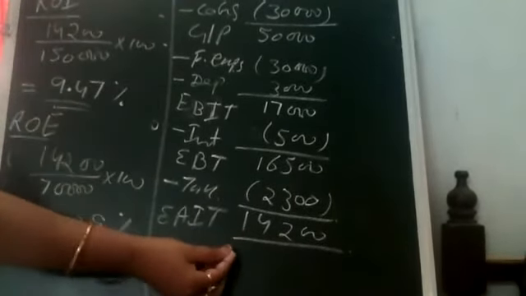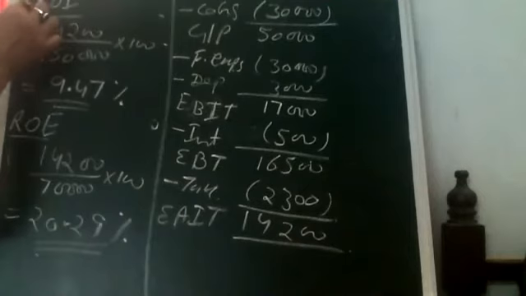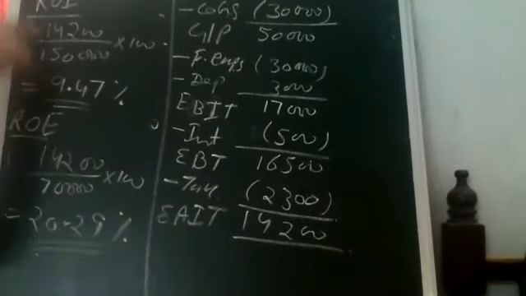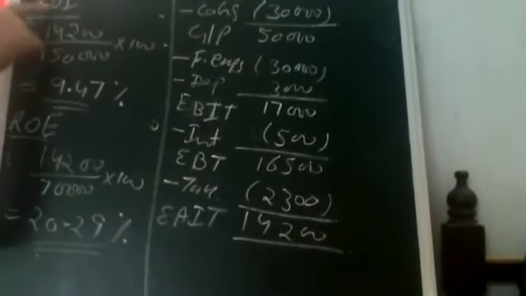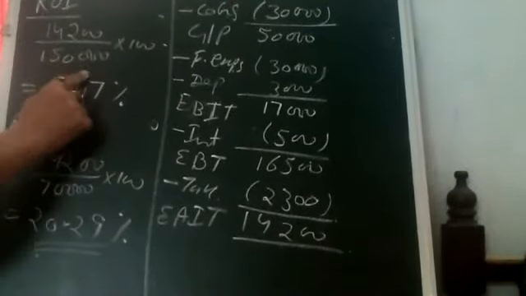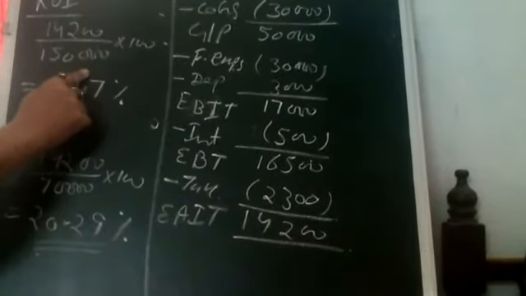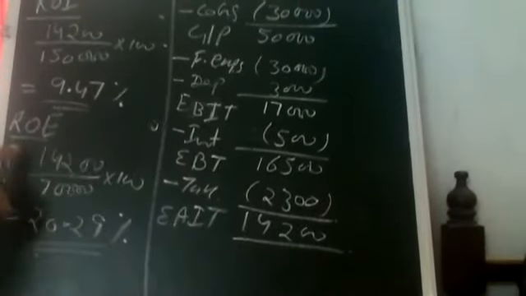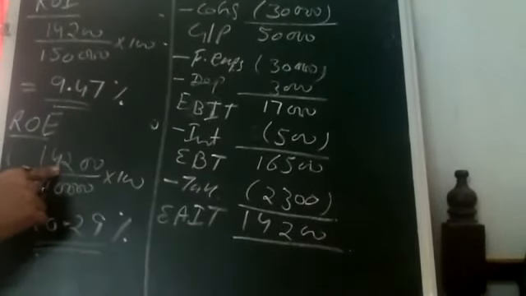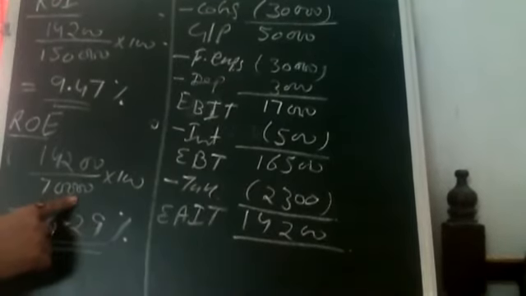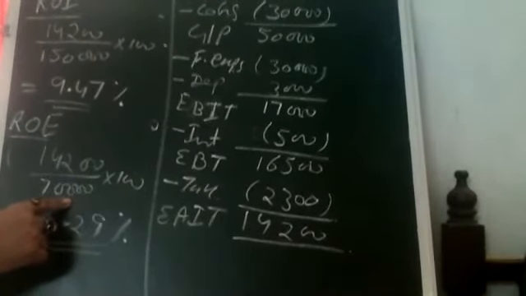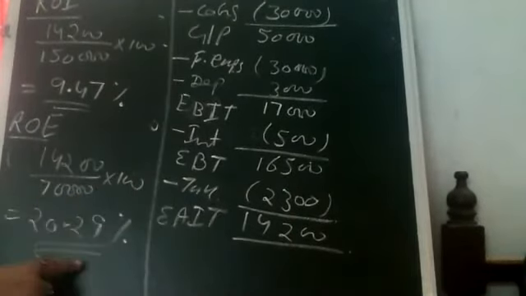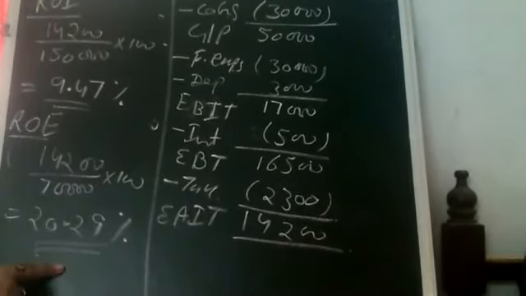With this profit, we will do the calculation for return on investment and return on equity. This is the actual return. So return divided by total investment. We have to find it in percentage, that is why we will multiply with 100. This is return on investment. Return on equity, return divided by only equity capital. And we want the answer in percentage, so multiply it with 100. So we will find return on equity.